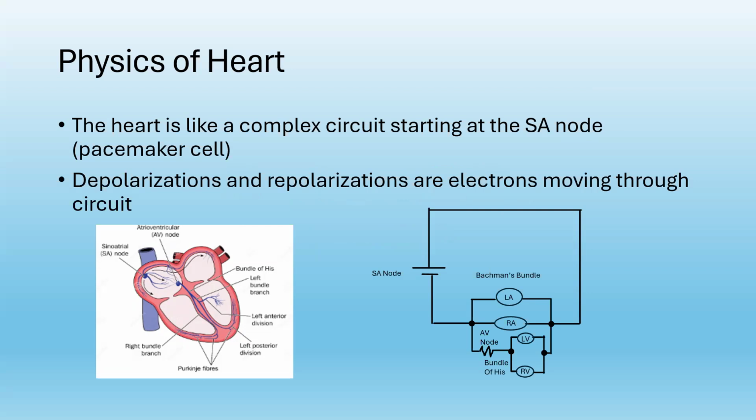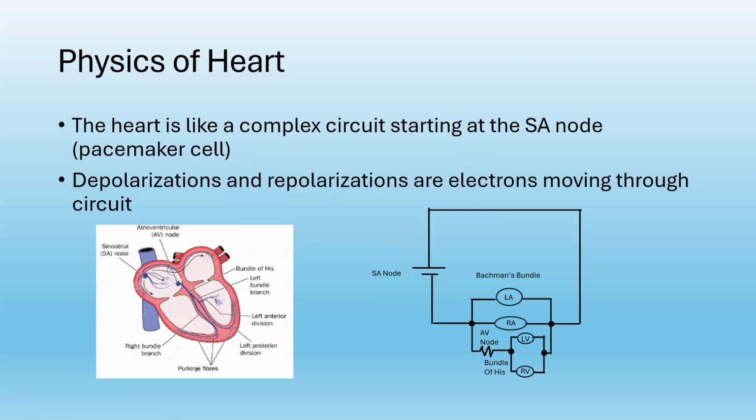circuit, like we talked about in class, starting at the SA node, also referred to as a pacemaker cell. The different depolarizations or repolarizations that occur during this process are electrons moving through the circuit. On the bottom right, I made a little complex circuit diagram to explain this more. The SA node is like the battery because it provides the charge that the heart needs to conduct